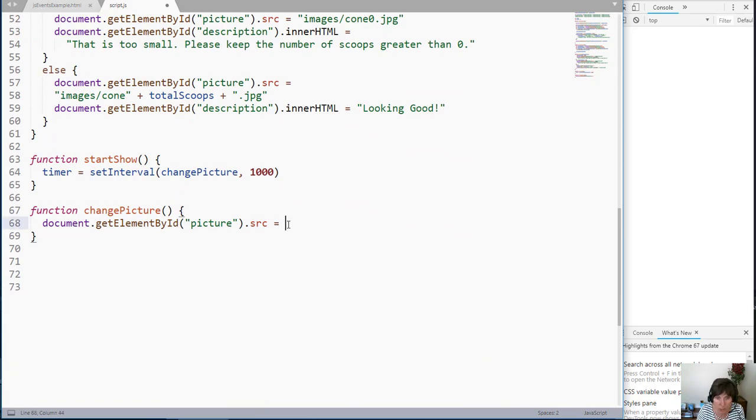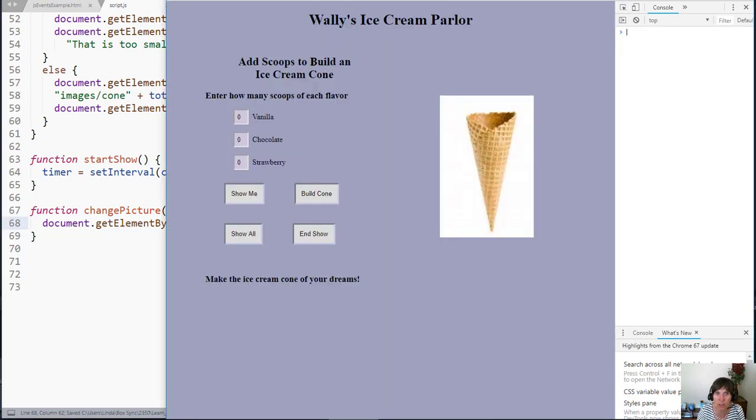So what we want that source to be is that value in the array, right? The cone pictures array and the index. So which one? Index 0, index 1, index 2, index 3, and it will show that. So we've started a timer. We said we'll call this function every second, and that function is going to change that picture image. So let's go ahead and see how this is working. We'll refresh, we'll click it,